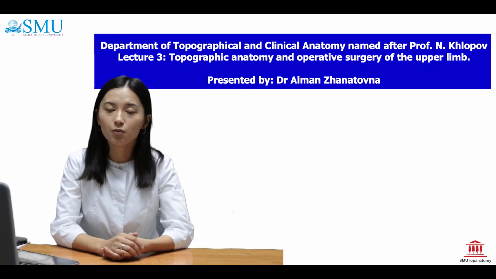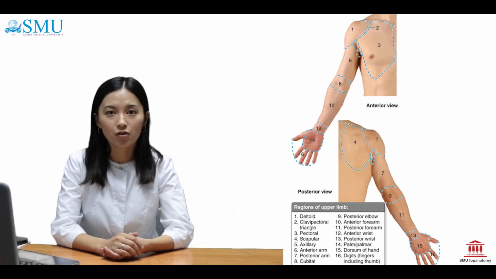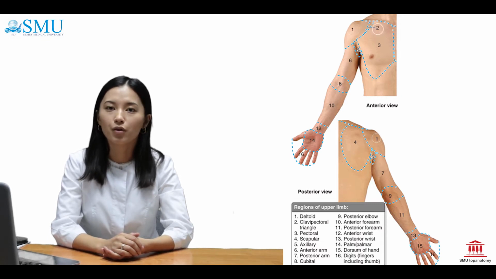Today's topic is topographic anatomy of the upper limb. We start with the regions of the upper limb. There are 16 regions. First is deltoid, number 2 is clavipectoral, number 3 is pectoral, number 4 is scapular, number